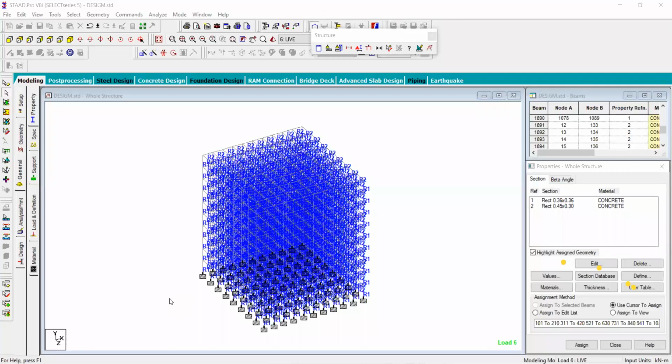Again, go for the output file, and done.